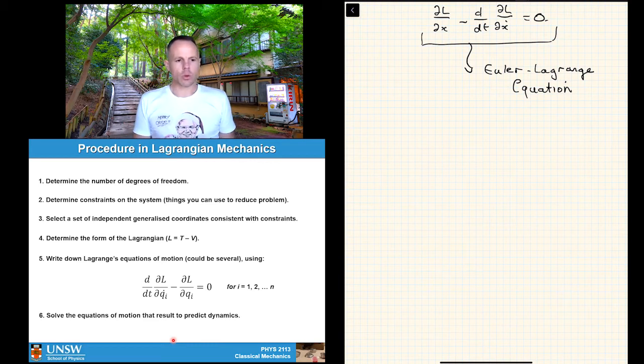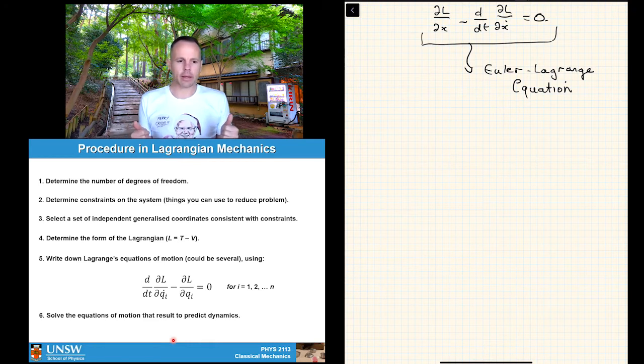What we then do is we select a set of independent generalized coordinates that's consistent with that problem setup. So it might be x, y, and z. We can change x without affecting y. We can change y without affecting x. They're independent variables. Okay, so we need to set that up. Then what we do is we work out what the form of the Lagrangian is. So we get this L equals T minus V. And then all we do is we write down what we call Lagrange's equations of motion, and there can be many of them,